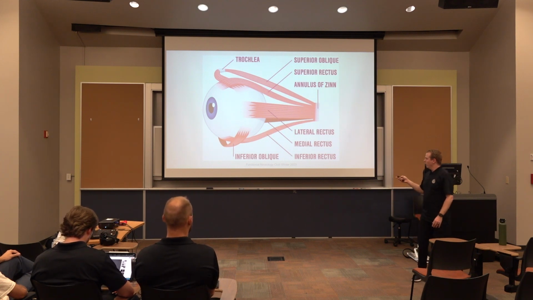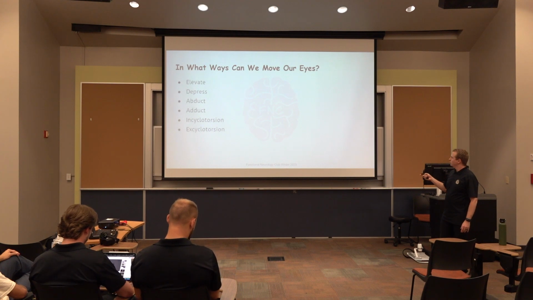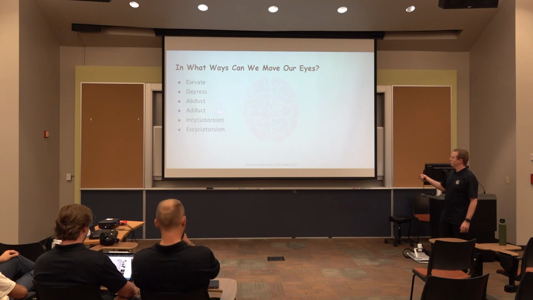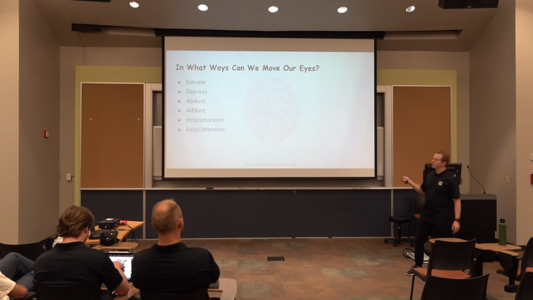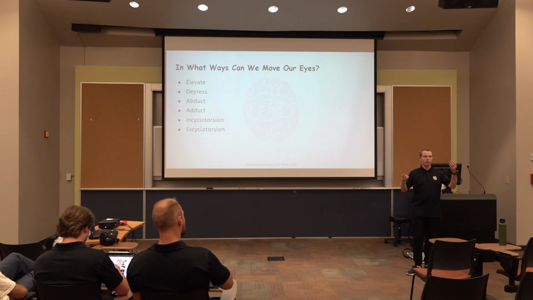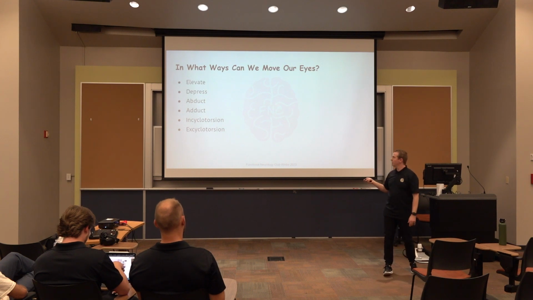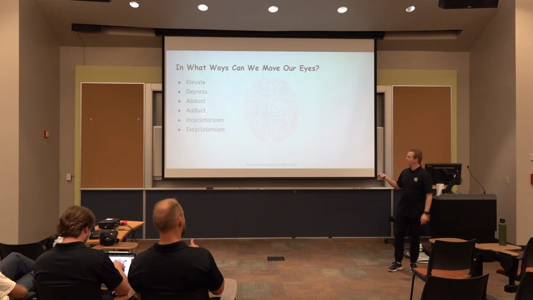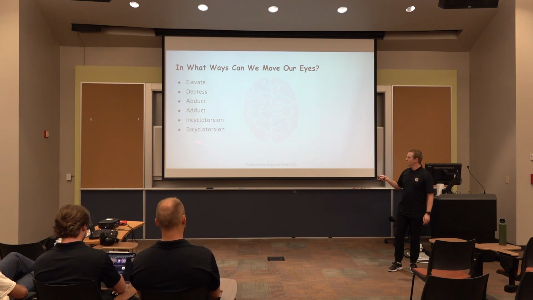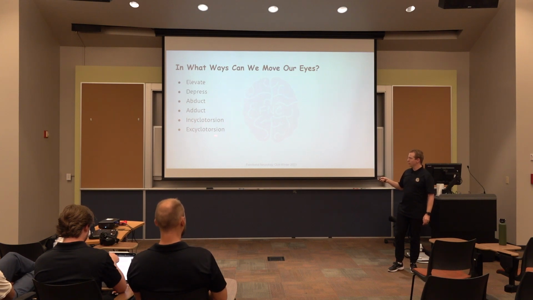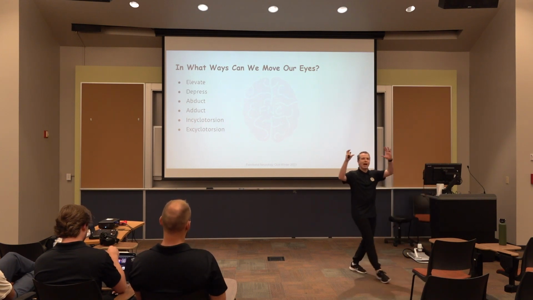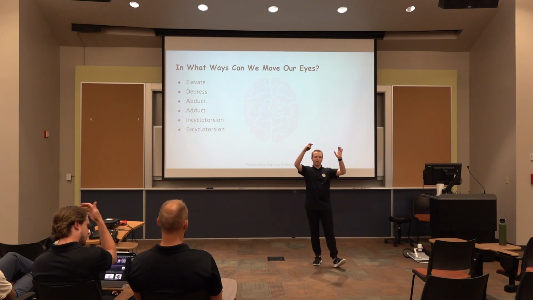So these are the directions that we say. Elevation is going to be caused by the superior oblique. Depression caused by the inferior oblique. Abduction and adduction, lateral and medial rectus muscles. Now, these 2 may be words that you might not have heard before or seen: incyclotorsion and excyclotorsion. We had mentioned earlier, if somebody has rotated eyeballs, I don't know if anybody knew that, but